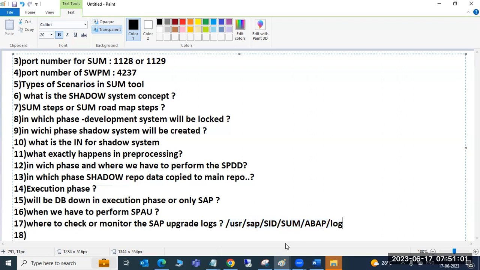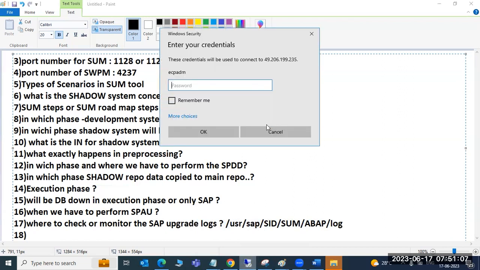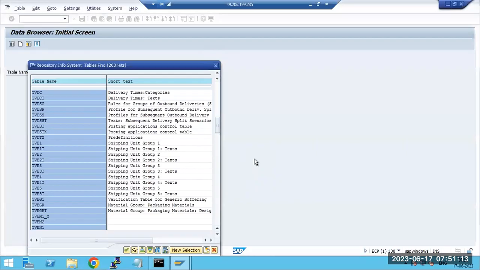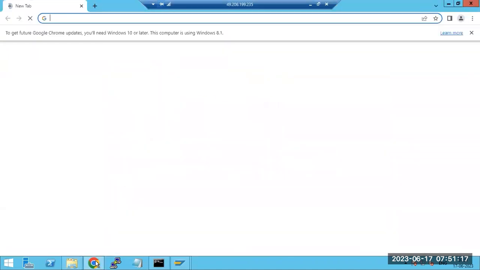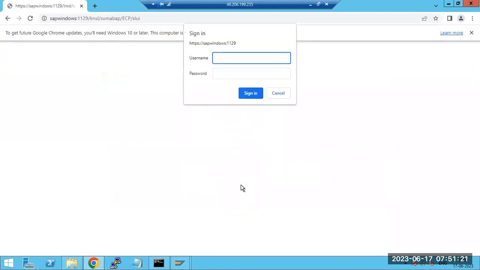Any particular files, sir, in that log folder? Any particular file like SAP? There are many log files here. Many are there, so we cannot remember them all, right? Suppose you are referring to one particular step like tabium underscore something, then in that step the tabium.log file will be available. Suppose you are checking the EHP inclusion log, then the EHP underscore inclusion.log file.